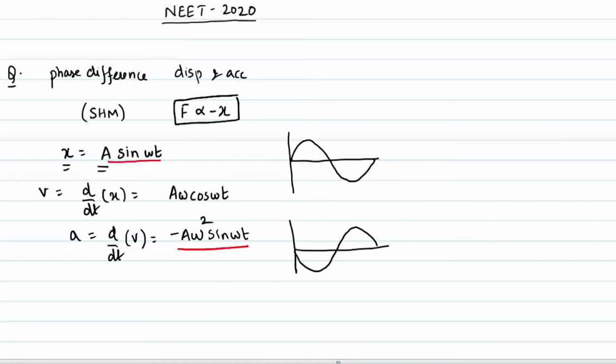So how can I modify this? I am taking this minus to the sine part of it. It is a omega square sin omega t plus pi. This is how I am modifying the equation. How can I do it? So let us solve it. So equation is a omega square sin(omega t plus pi), or sin(pi plus omega t).